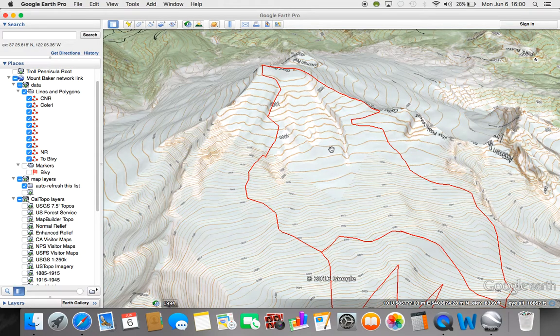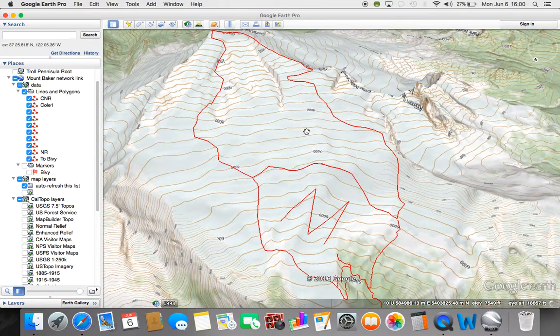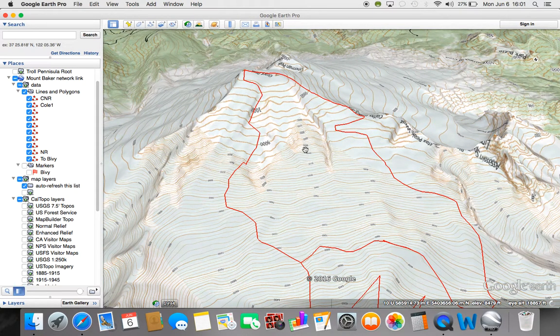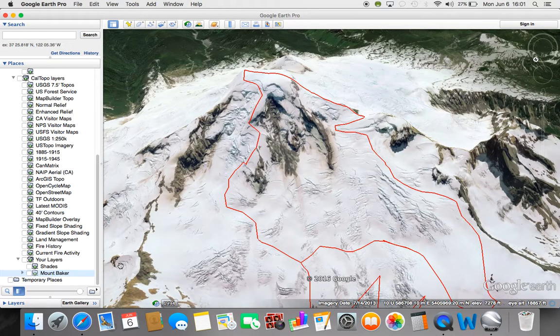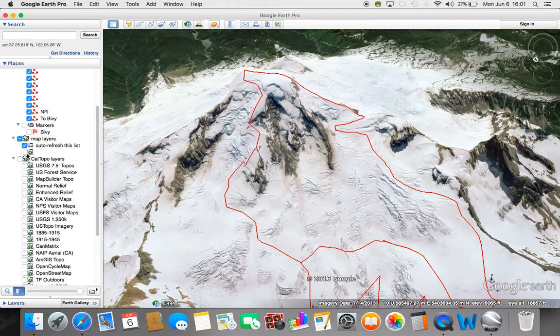And so I figured I'd just do this tutorial for you and show you that a lot of the routes haven't been field justified, but between Caltopo, Google Earth, and my dim recollection, I think these routes are fairly accurate, and they're no less accurate than what is already out there. So I hope you enjoyed that, and let's see if we can take a little tour of the North Ridge,